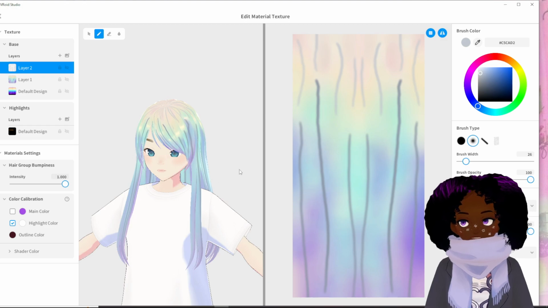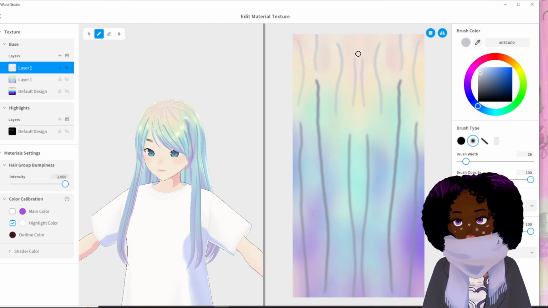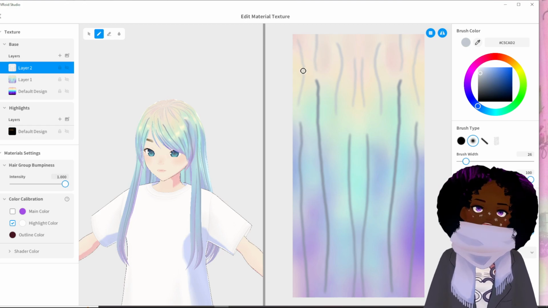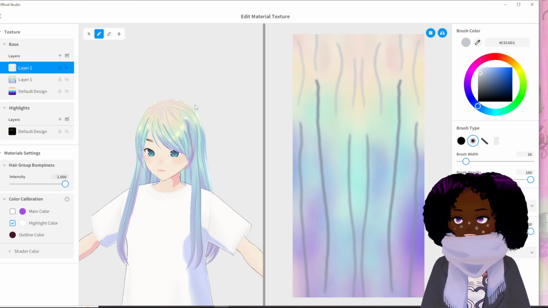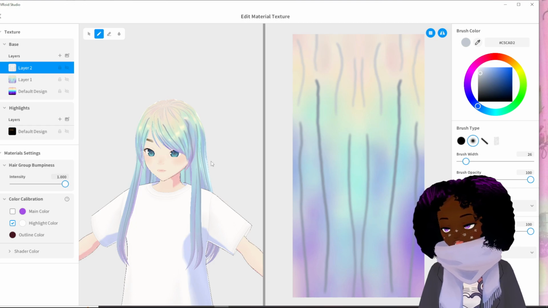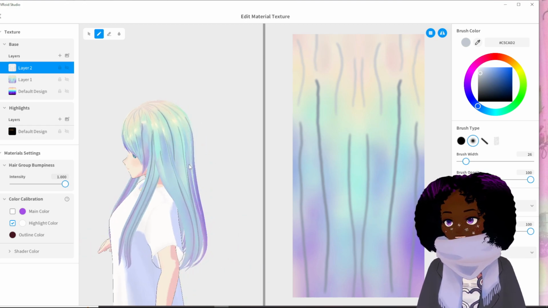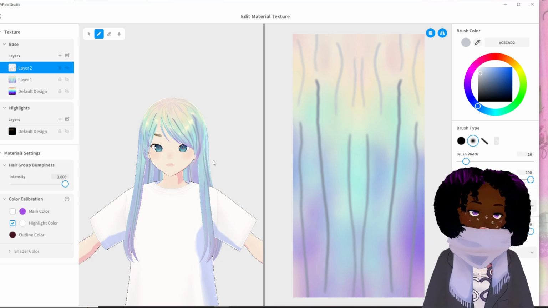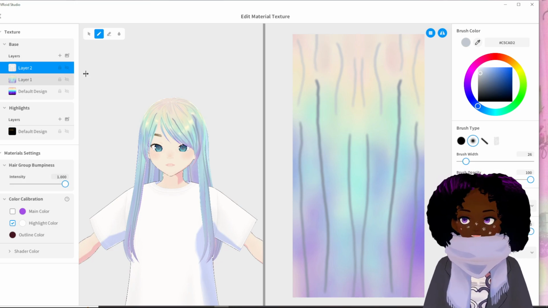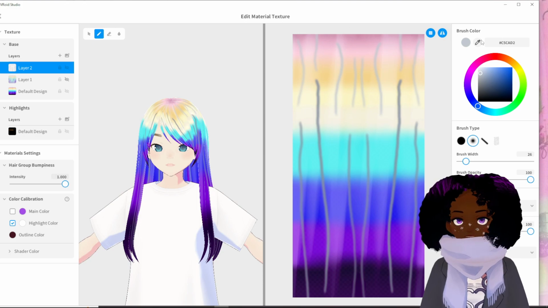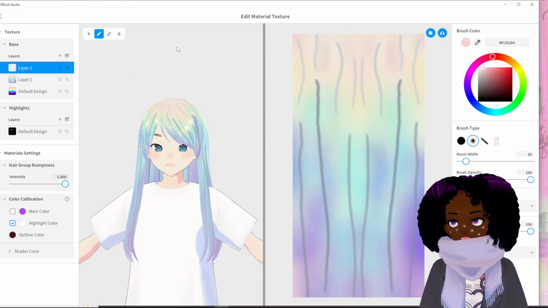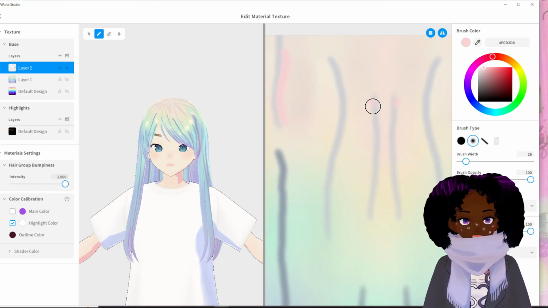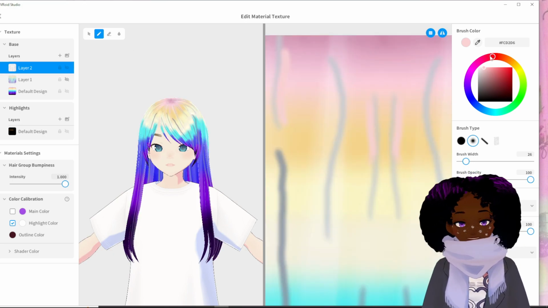Okay, and then all you want to do with that now, you're going to add in some of the colors that you have surrounding it around those lines. So this kind of gives it an idea of different layers of the hair. It looks very harsh right now, but we're going to blend it in after. So I'm going to take that pink color. So it kind of gives it shadows, lowlights, highlights. And basically you just do that throughout the hair strands.